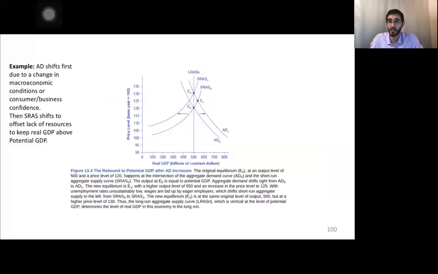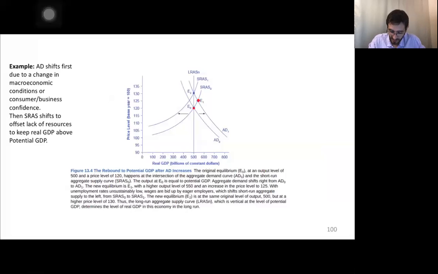And just to give you an idea of how this would unfold, right? Let's say here that our economy is at E0. There's an increase in aggregate demand. Okay, given an increase in aggregate demand, firms are going to try to produce more because they want to sell more. And let's say there's increasing aggregate demand because they're trying to promote a Keynesian perspective of let's stimulate aggregate demand to produce more growth. Okay, if that's the case, then the aggregate demand is going to shift right away because of the stimulus. Let's say a tax cut, right?